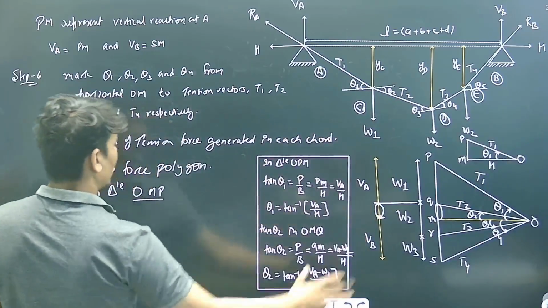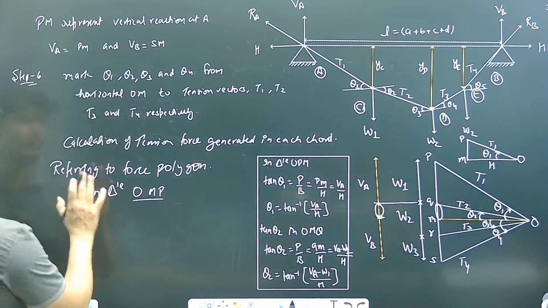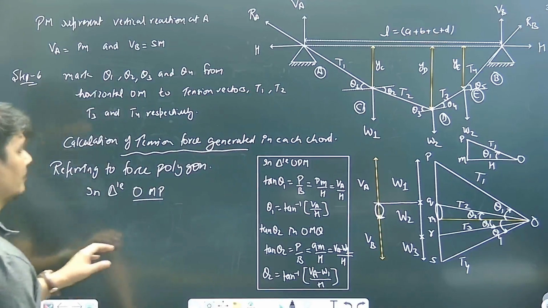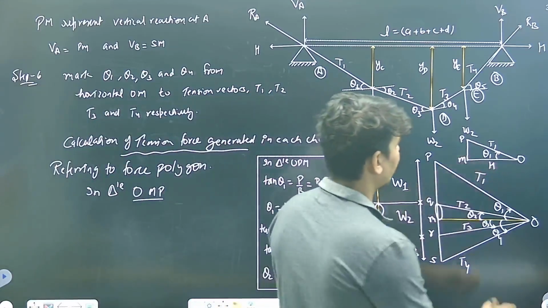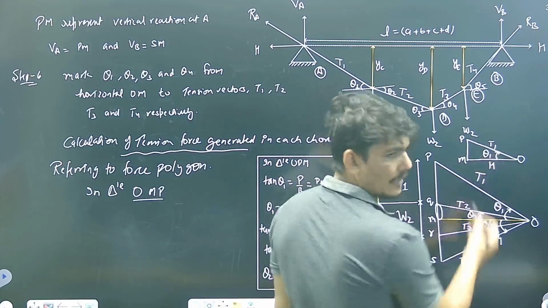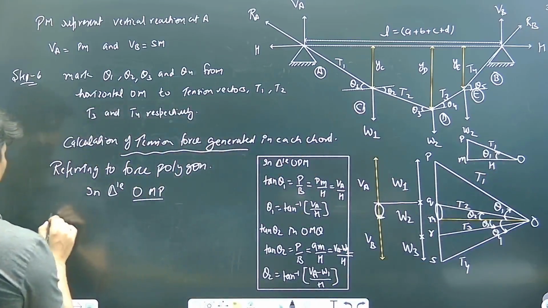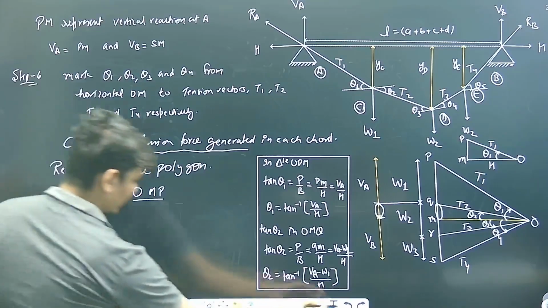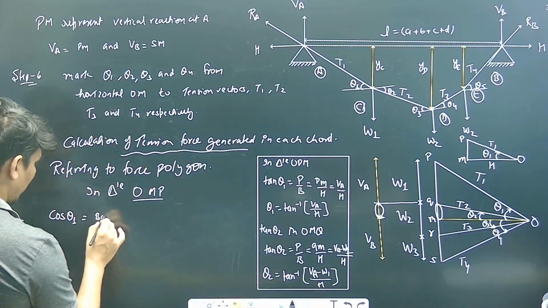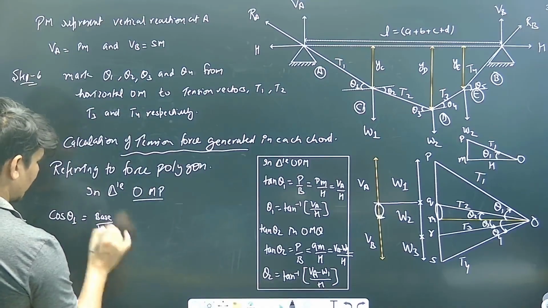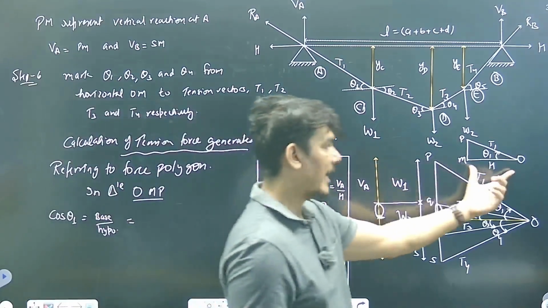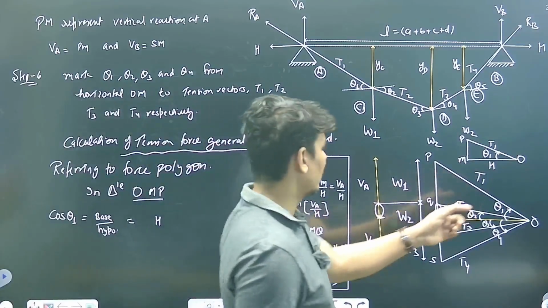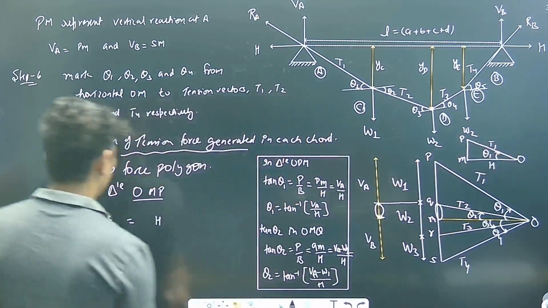So after finding these thetas, we can easily find the tension force generated in each chord. कैसे? अब सेम ट्राइंगल में देखिए, आपको थीटा वन पता है तो T1 निकल जाएगा। कैसे निकलेगा? कोस थीटा का फॉर्मूला लगा लो, कोस थीटा वन पता है अभी हमें, तो क्या हो जाता है, बेस अपॉन हाइपोटेनस। What is base in this triangle? H पता है हमें। What is hypotenuse? Hypotenuse is T1,